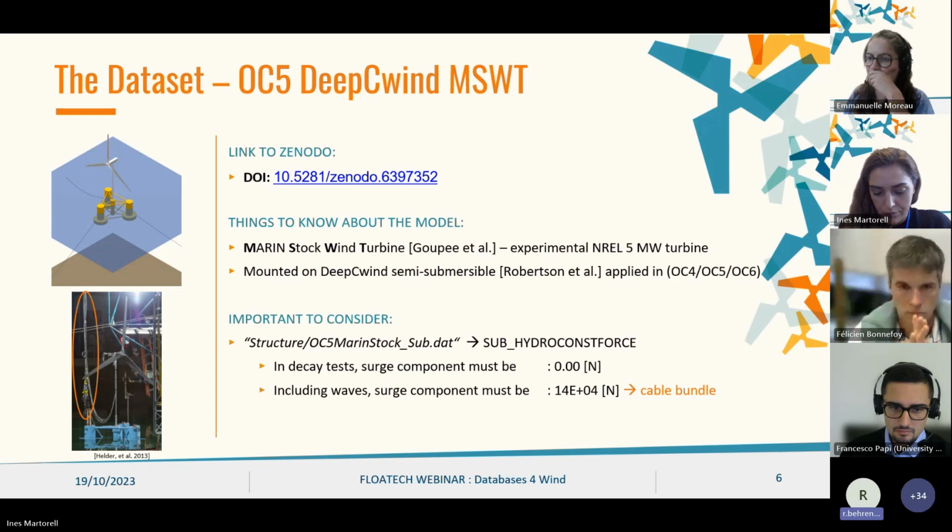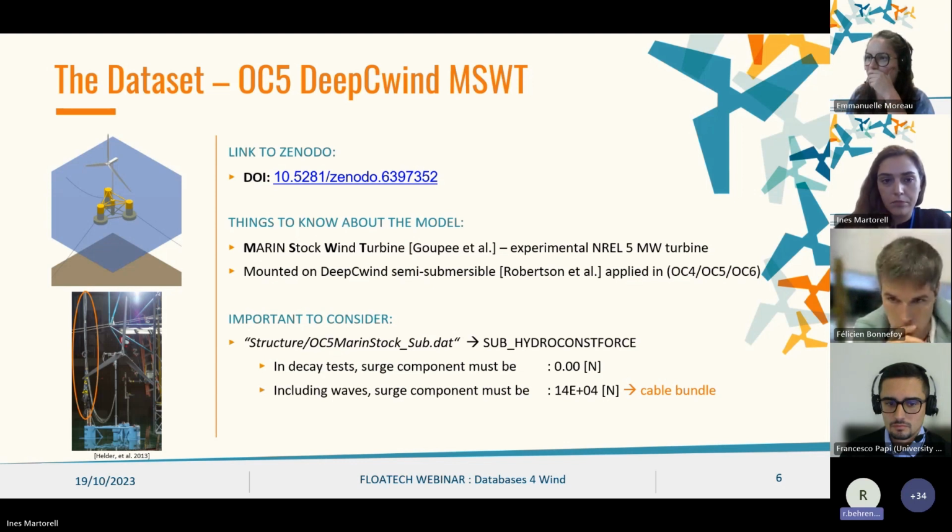It's called the Marienstock wind turbine that was designed and tuned by Coupé et al. The aim was to reproduce the power, but especially the thrust behavior of the NREL 5 megawatt in experimental conditions in a low Reynolds number environment. It is mounted on the DeepCwind semi-submersible that has been used in several code collaborations in OC4, OC5,